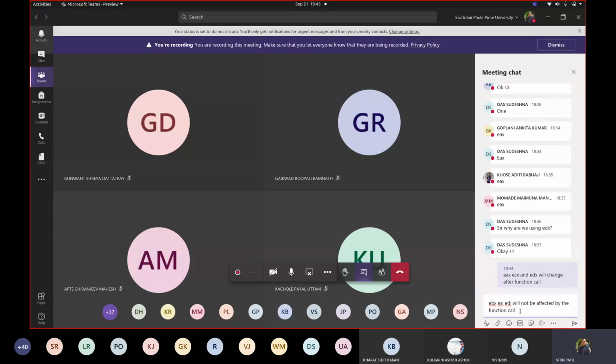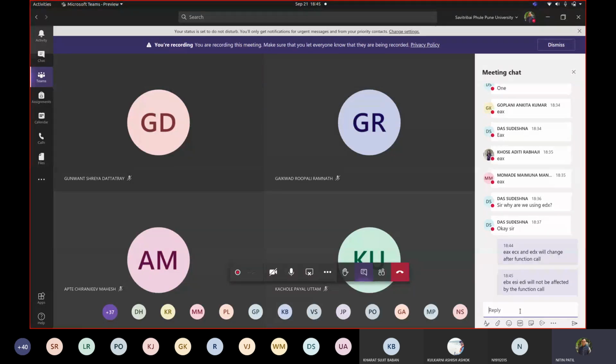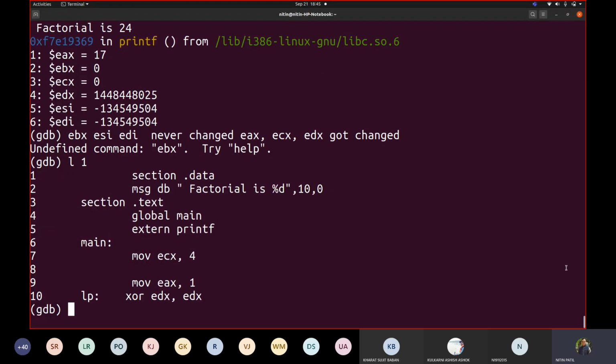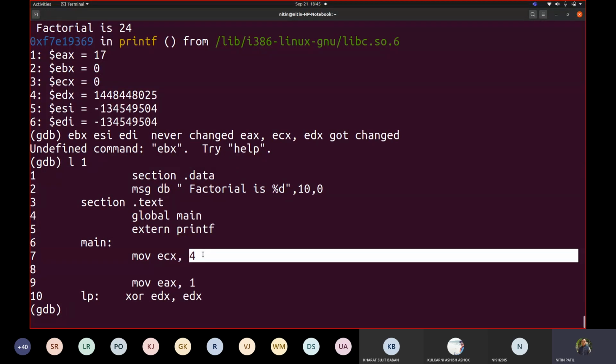By the function call. Fine, understood this? Okay, so now your target for today, you have 15 minutes. Those who are having laptops, try to write the code which computes sum from 1 to n. N would be given by you as an input, the way that we gave here 5. In this case, we gave this 4. So if I give 4, I want sum from 1 to 4.